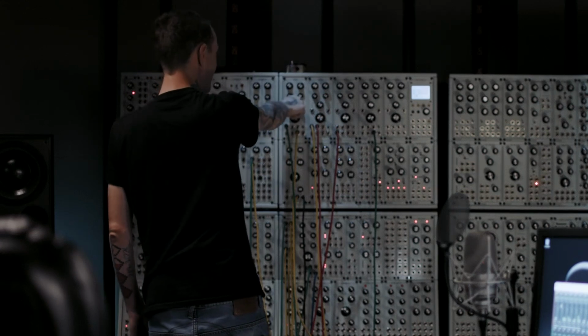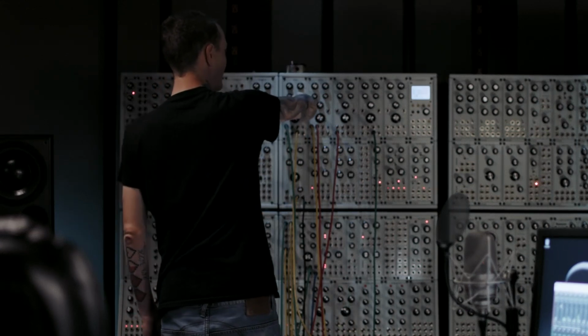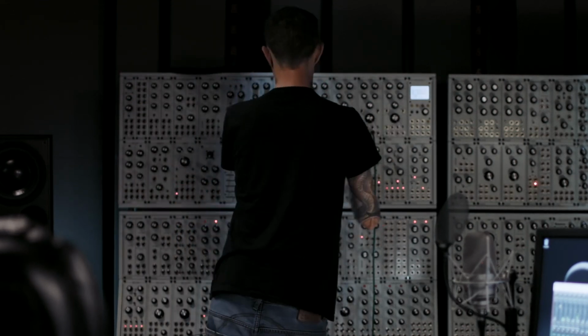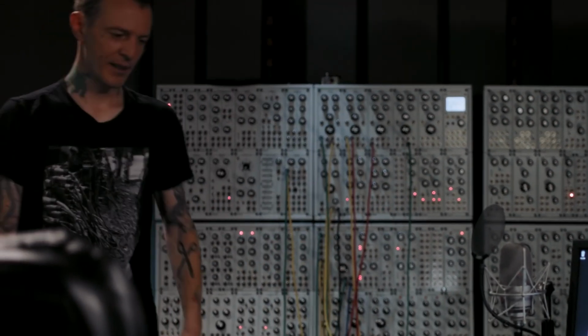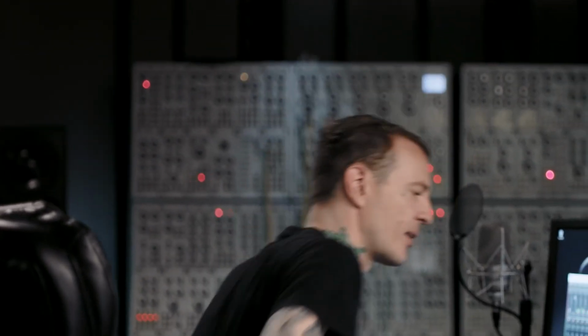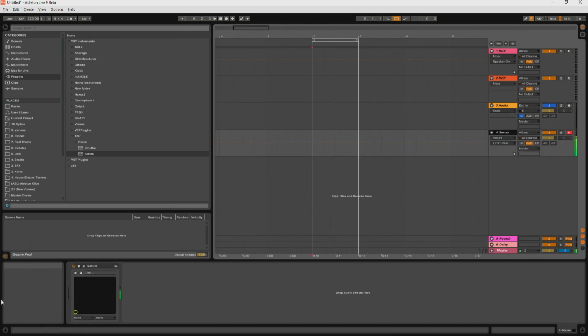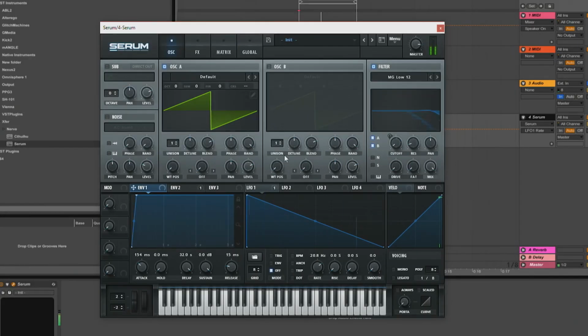So you wouldn't even notice it after that point, but that's just some of the sonic possibilities that are capable of using analog equipment, because you can get a certain type of sound out of Serum by doing that same kind of thing. So that same kind of routing, if I bypass the LFO on that and I just have my note again,